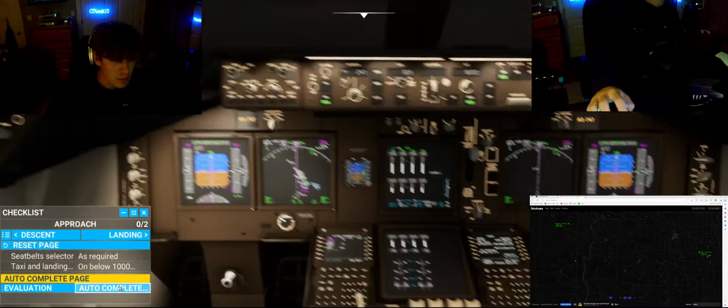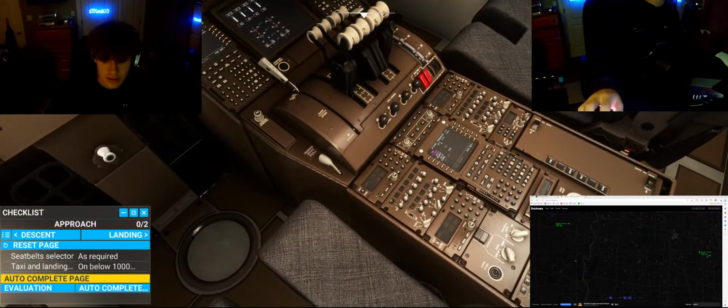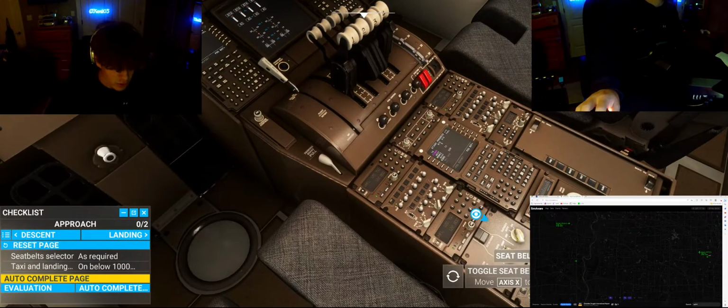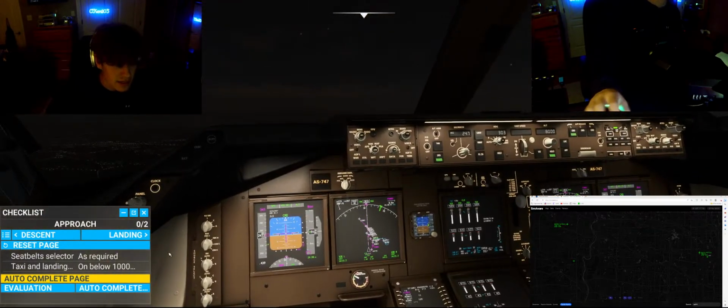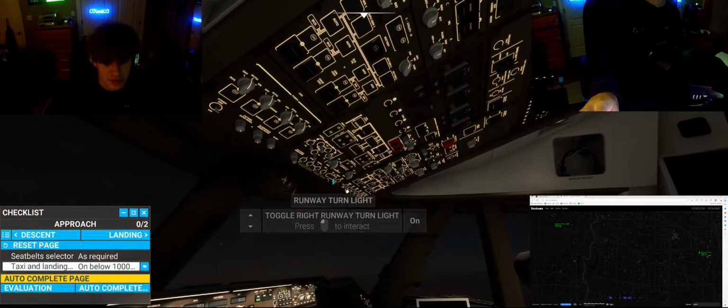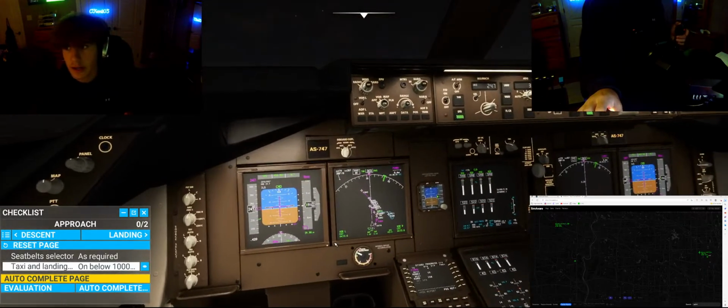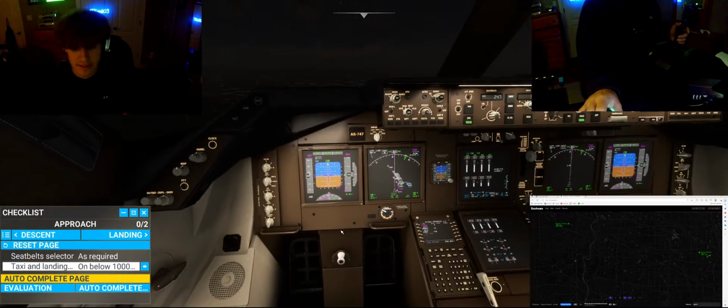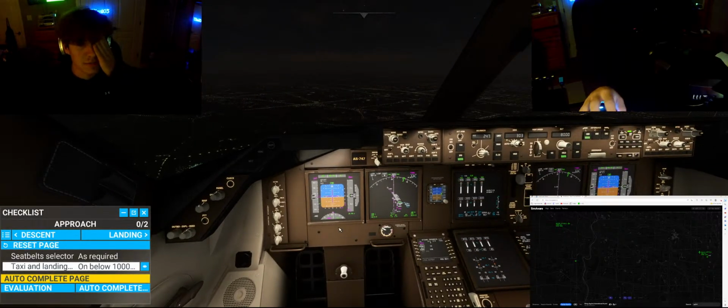Alright, we'll go ahead and take a item with you. And then we'll head to approach here, and we're going to go ahead and turn seatbelt signs on, even though we are carrying cargo today. And taxi lights, landing lights are on below 10,000. Or they're already on. So, alright, cool. And that is the descent page complete, and the approach page. Actually,